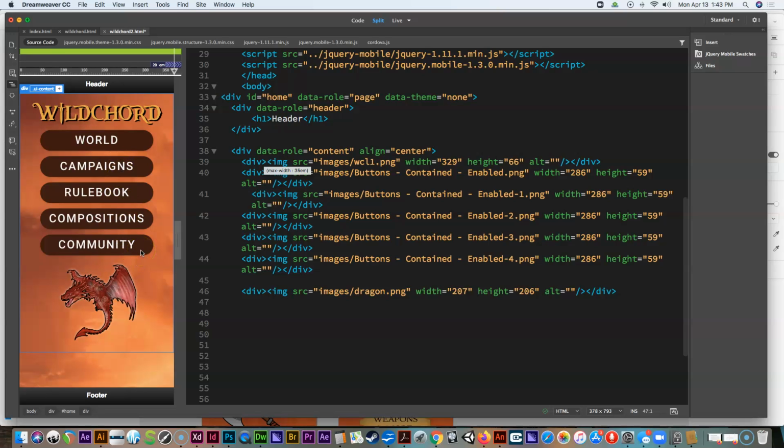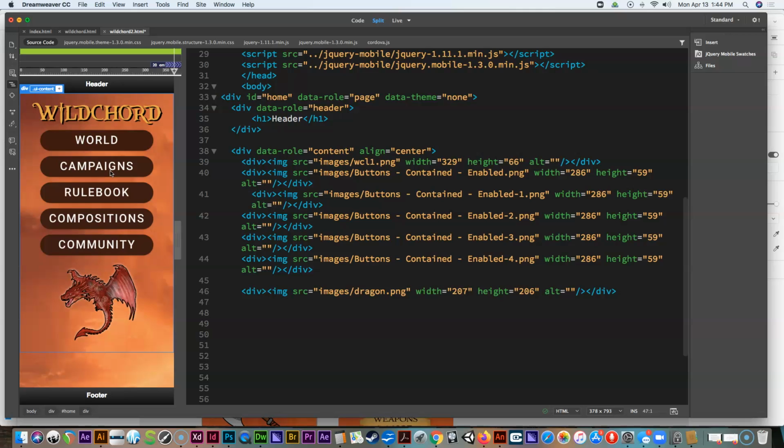Now the easiest way to do this in this case is to add space to the bottom of each button, and that's called margin. And so there's a setting called margin-bottom, and you can put in as much space as you want. Now, inside of an HTML document like this, you probably don't want to use pixels. You want to use a measurement system called EMs, because that is a proportionate measurement system that works across all different devices. So you could say 1 EM or half an EM and see how big it is